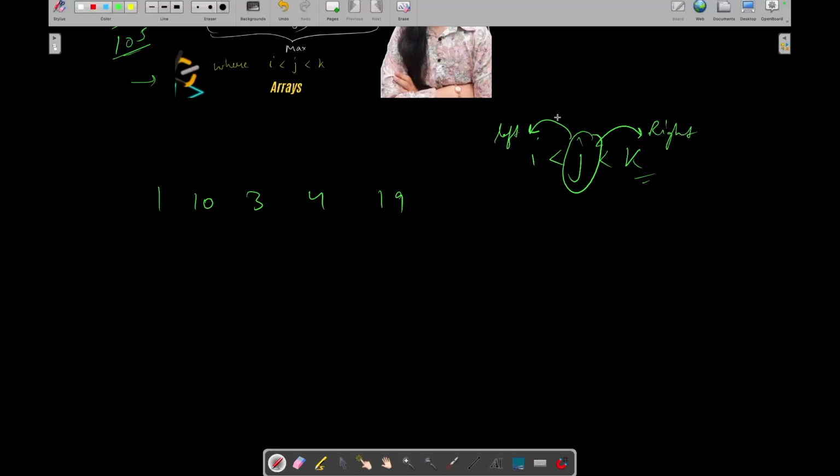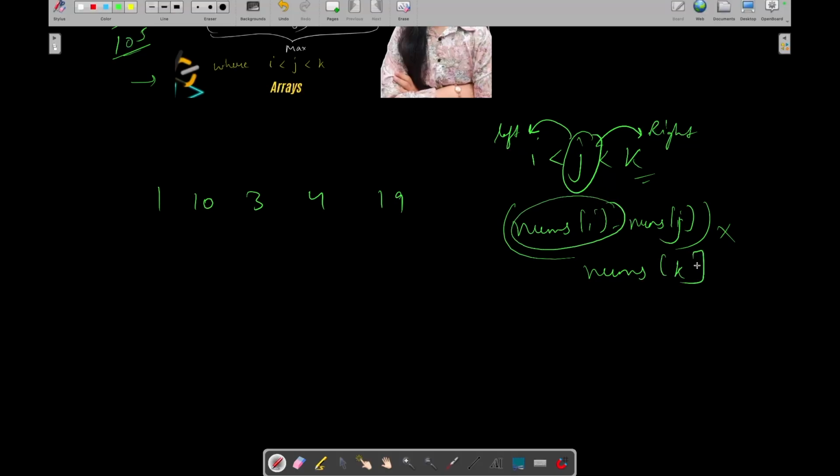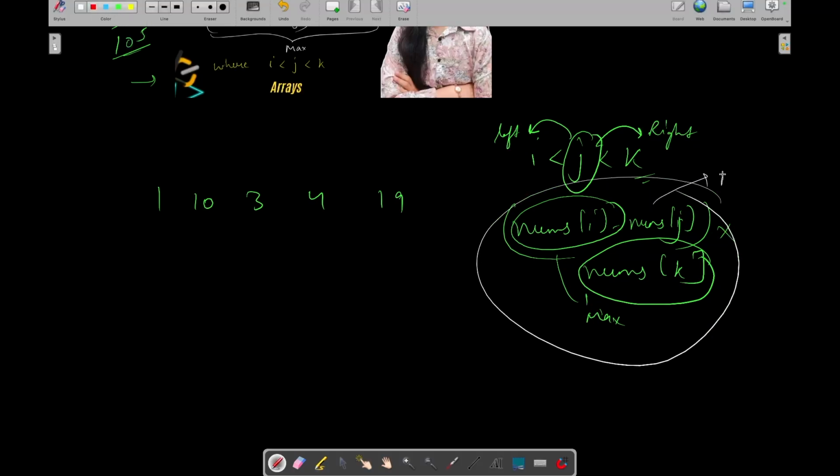And from the expression, nums[i] minus nums[j] into nums[k], you can see that nums[i] and nums[k] should both be maximum to maximize this complete value.